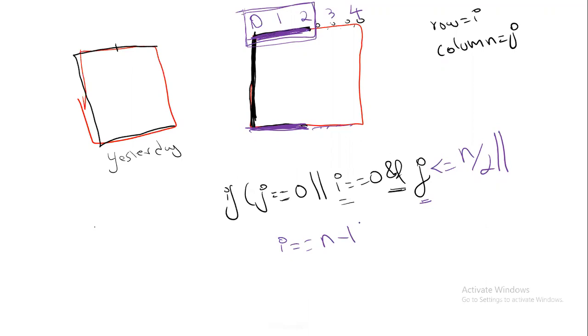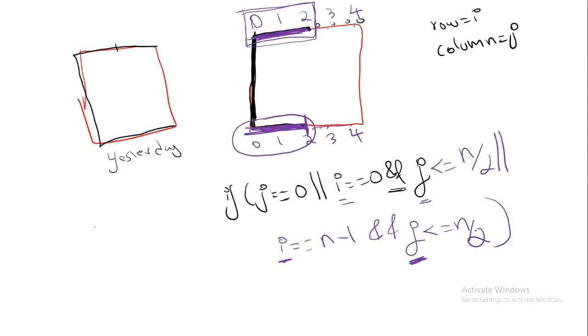So whenever you want to limit that line, which operator will come? And operator will come. Then after and comes here, there is one trick. If there is an i variable here, the opposite variable should come, that is j. Write the j value. As soon as you write the j value, whatever variable you have written here, that variable you have to write it here: 0, 1, 2, 3, and 4. Now you think and tell me, for what values of j you want to print that line? Yes, all these j values are less than or equals to n by 2. This is our condition. Okay, we have understood the condition.